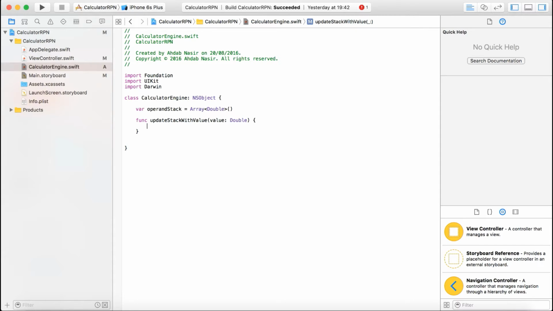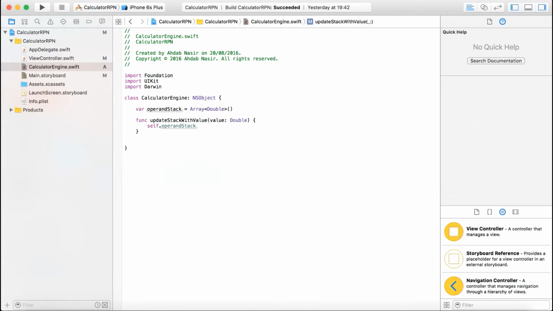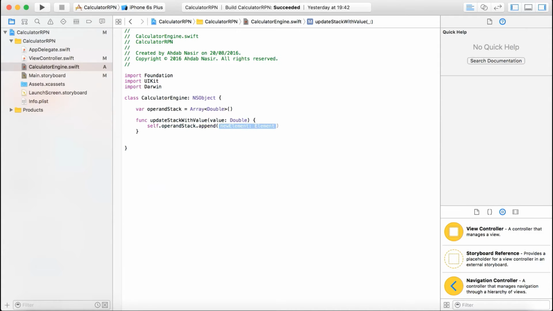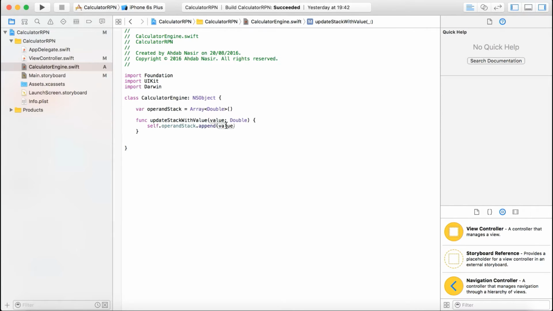Okay, and then what I'm going to do is append. So I'm going to do self.operandStack.append, and we're going to append the value Double. So here we're going to be sending off the digits pressed to here. Okay, so now we've got this main base done. I'm just going to save this, and now I'm going to go back